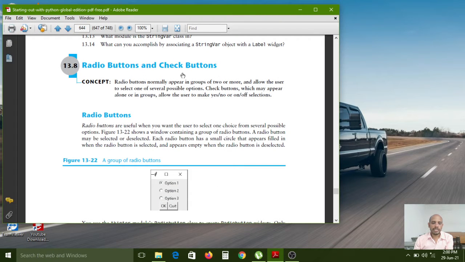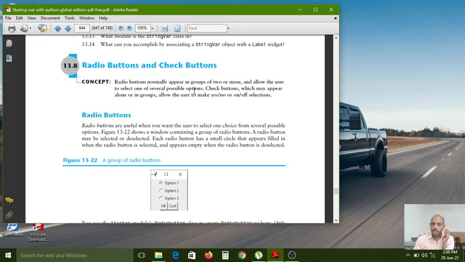Radio buttons and checkboxes. Our concept is radio buttons and checkboxes. Radio buttons normally appear in groups of two or more, and allow the user to select one of several possible options.